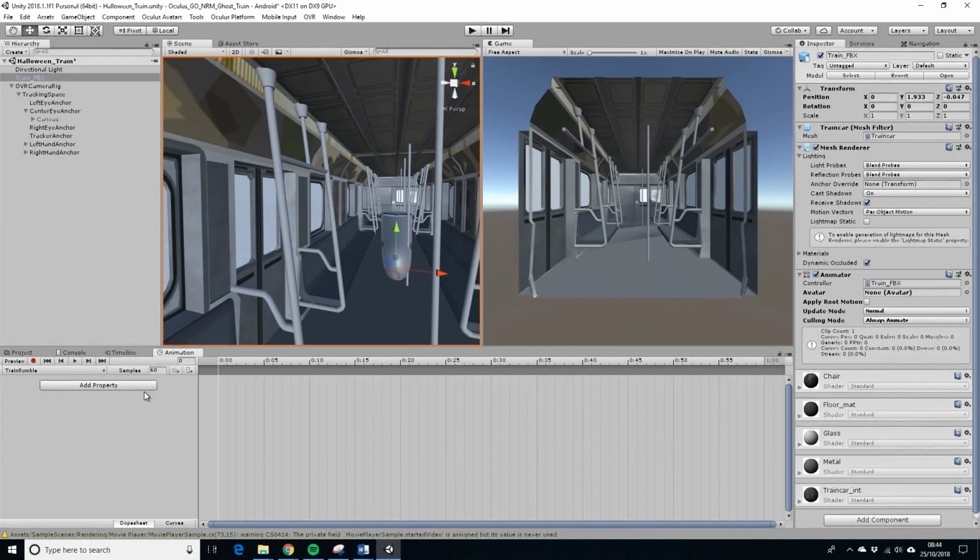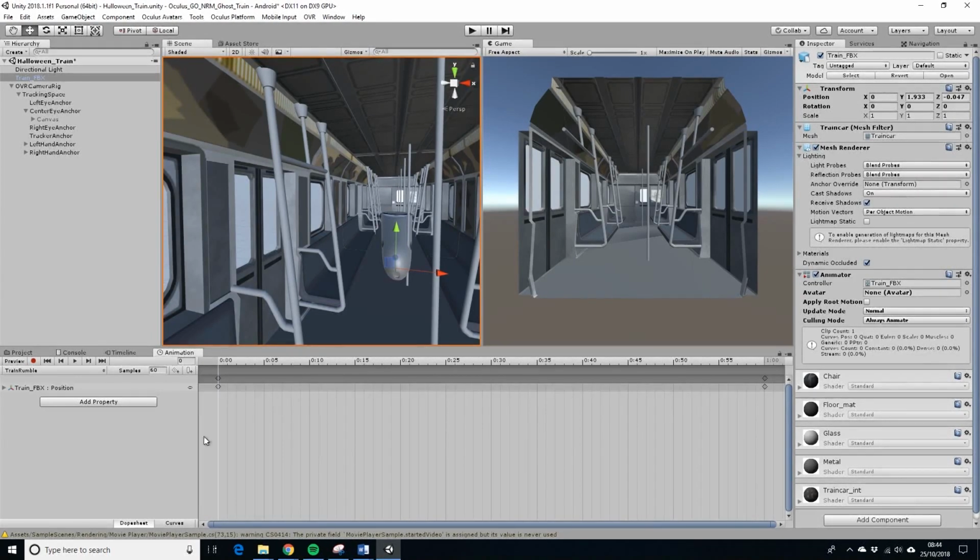Normally you'd animate in an external package, but I am playing this by ear, as I haven't done this for a while. But add property, so we want to transform it, so let's do that. Okay, so position, rotation, scale, so position, yes. So we've got a position keyframe now, so I think if I press record, I can then move my